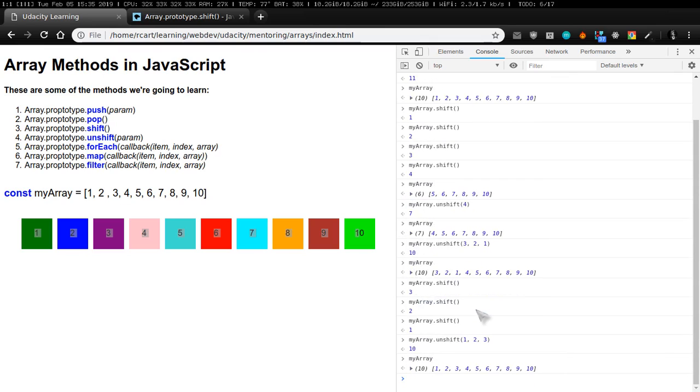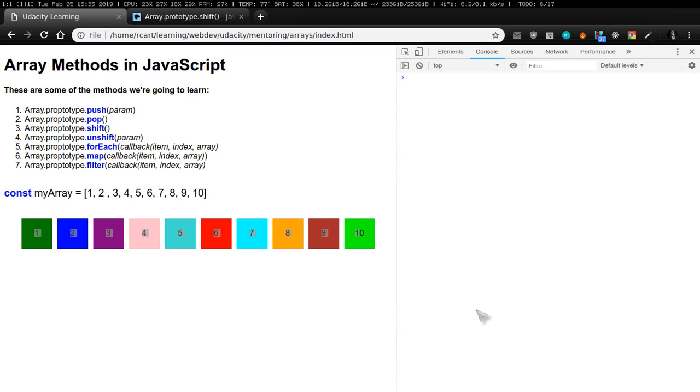There it is. Okay, so that is the basic for on shift as well. Now we're gonna be moving to some more complex and more useful functions that we're gonna be using whenever we are mutating an array or changing the state of an array. Okay, so these are going to be the forEach function, the map function, and the filter